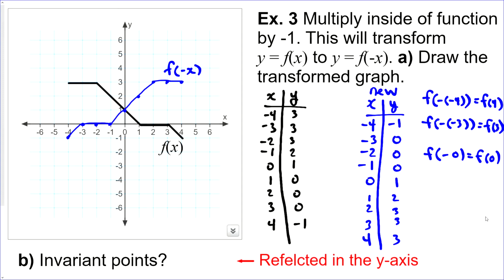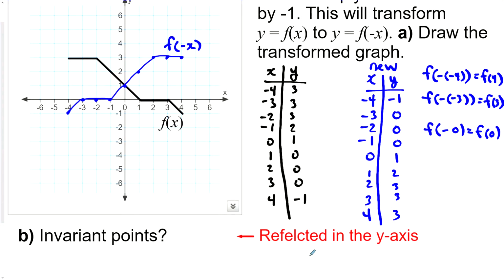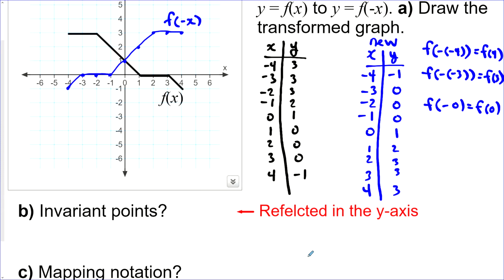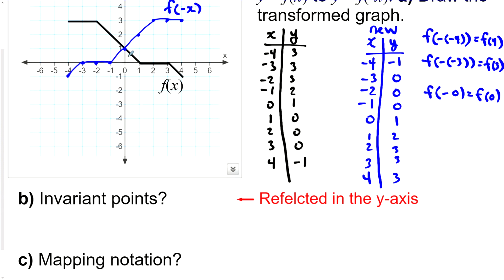Let's find the invariant points. Those would be the points that do not change after the transformation happened. And that would be right there. There's only one, and it's (0, 1), the y-intercept this time. And in mapping notation, (x, y) is mapped onto